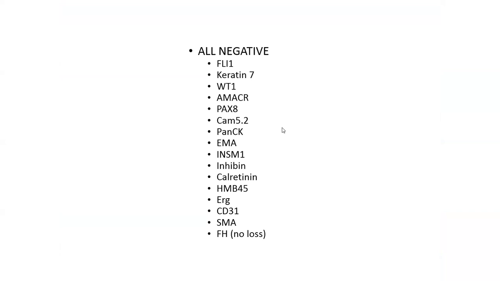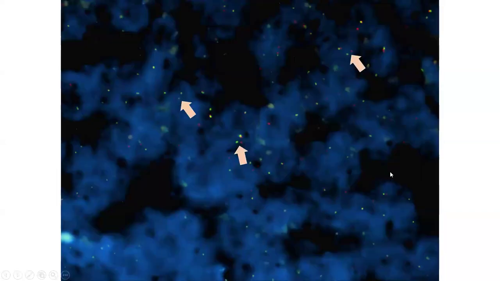So all these markers have been negative, and clinically, we've been told that the patient has multiple metastases, and we are looking forward to find out how the patient responds to